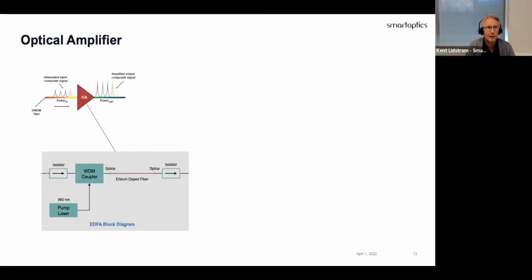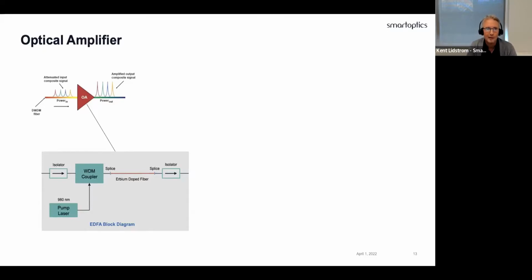So this is a very effective way to, say, compensate for the chromatic dispersion. Another thing that you will have to do if you want to go further is to start to use an optical amplifier. Basically, you have a signal power level coming into the optical amplifier, and you amplify it, and it goes out with a higher power level.